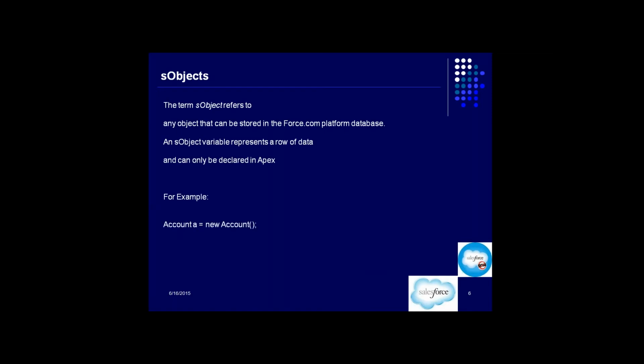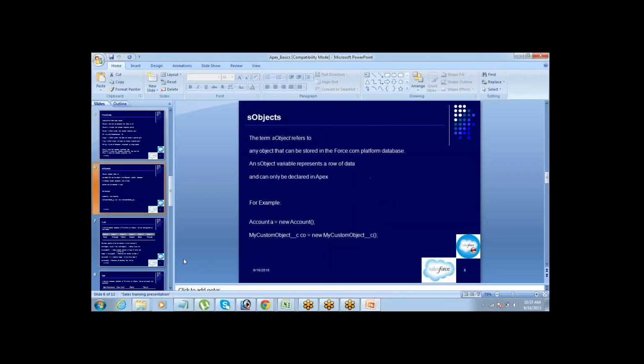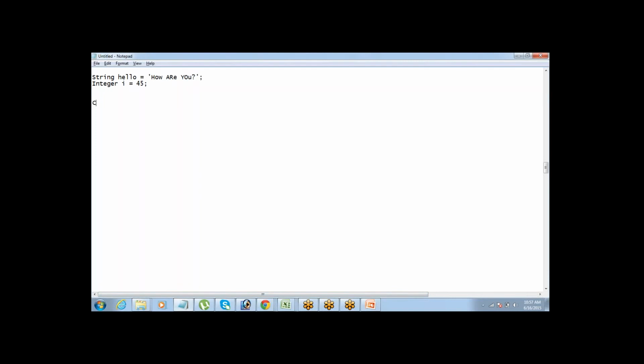For example, you can say Account a = new Account(). Now here your data type is Account, and the variable is a, and this a represents a complete row of an account. So it holds all the fields of account. Correct. The same way we can have other things also. I can say Contact c = new Contact(), and firstName equals